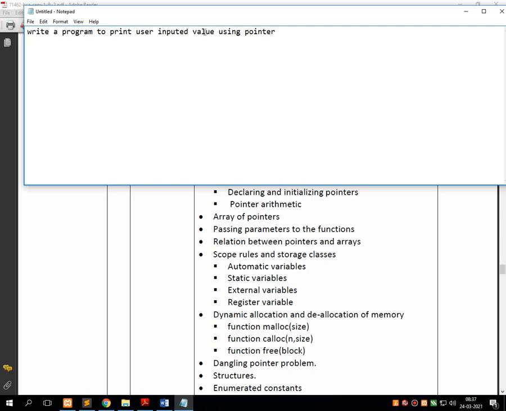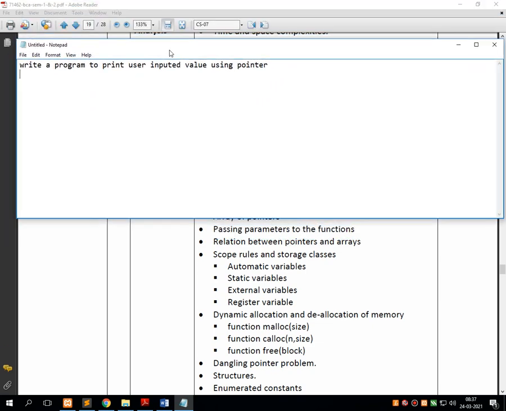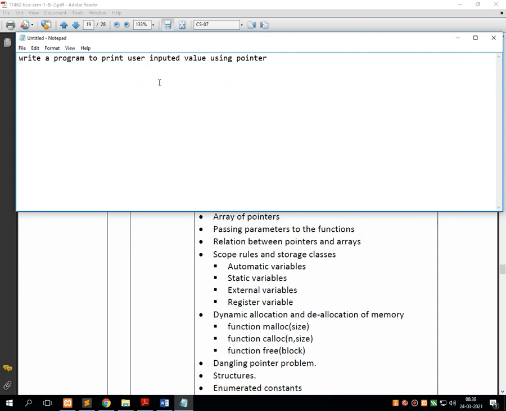Yes, you can say that actually this is the revision of pointer which we have discussed very shortly in semester number 1. So let's start with the program.